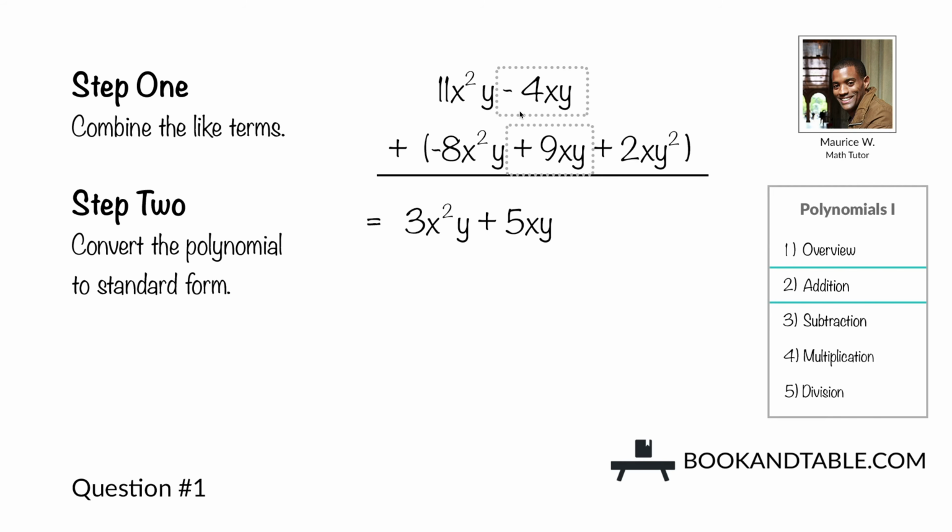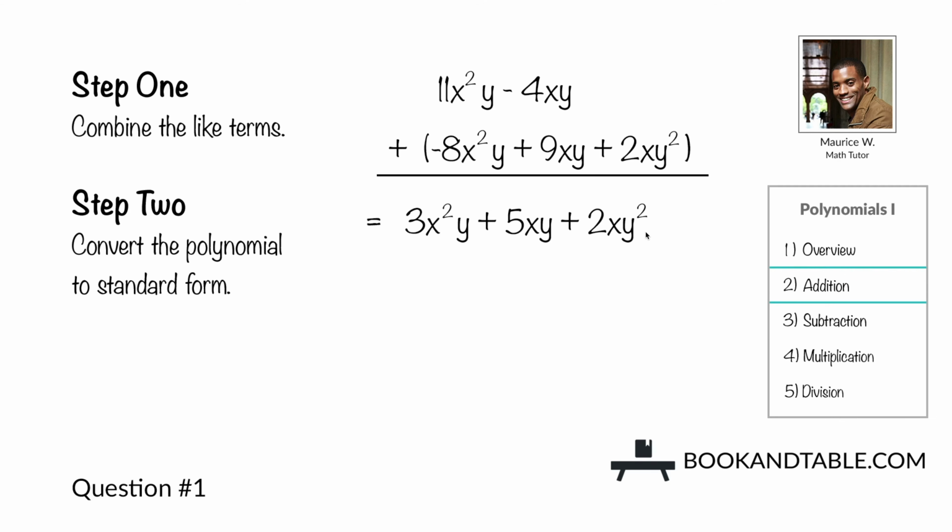You then go to the next term of the first polynomial, negative 4xy, and combine that to any other like terms in the remaining expressions. We then want to combine it with 9xy, so we add their coefficients. Negative 4 plus 9 gives us positive 5xy. And then we have 2xy squared, and no other term has these variables with exponents, so we just bring that down as is. So we get 3x squared y plus 5xy plus 2xy squared,